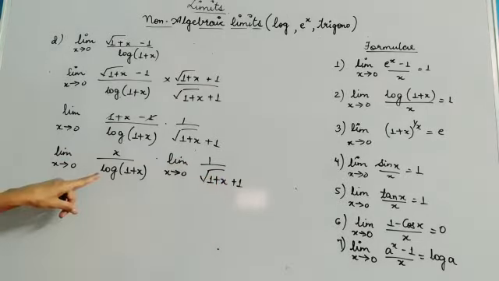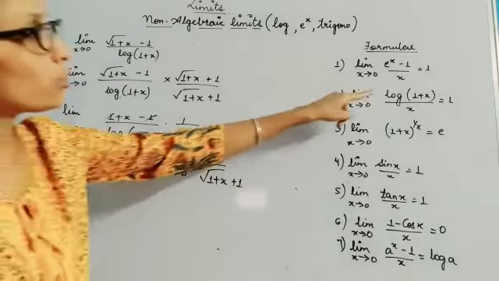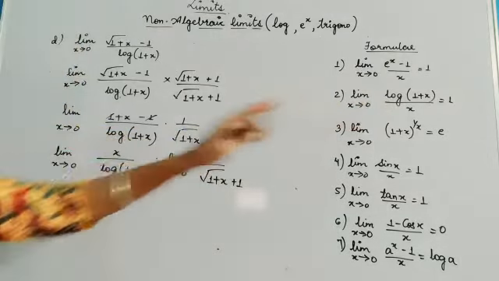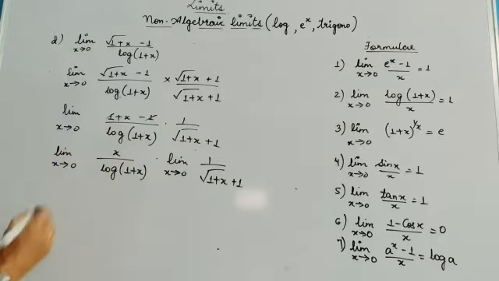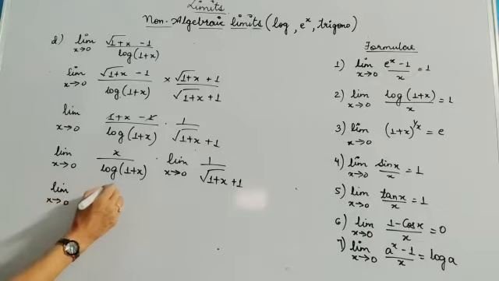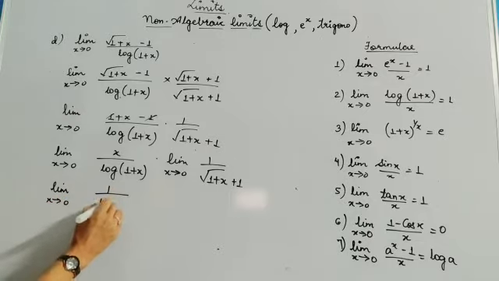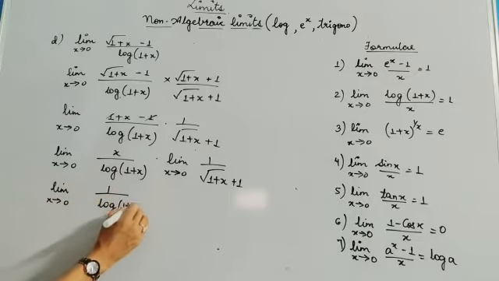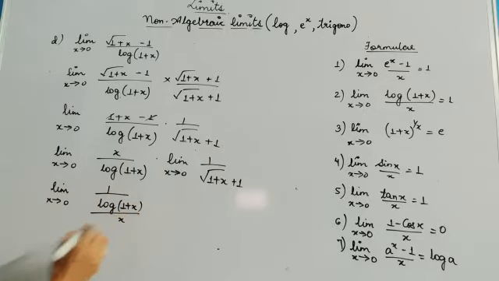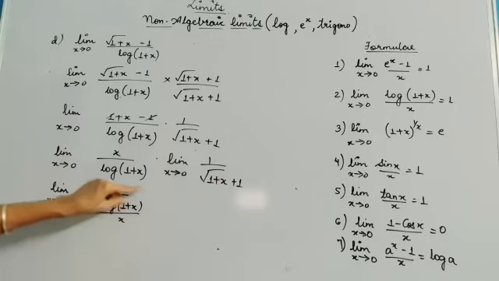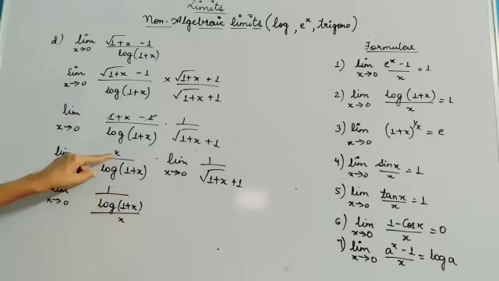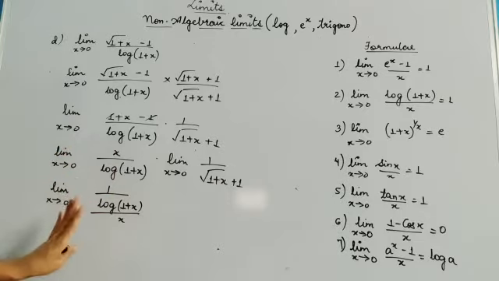Now you see the formula over here is log of 1 plus x whole upon x. So what I can do, I can take this x down. So I can write it as limit x tends to 0 1 upon log of 1 plus x whole upon x. This term can be written in this way. If you will solve it further, then again this x will go in the numerator only. That means we are correct.